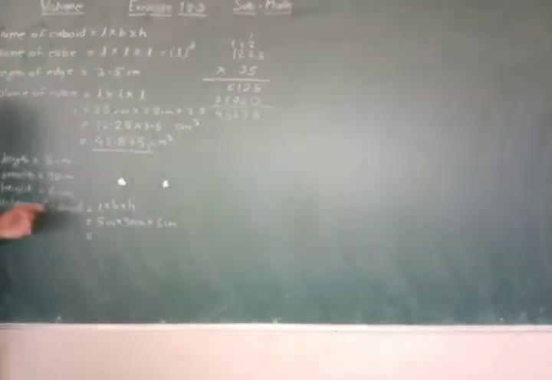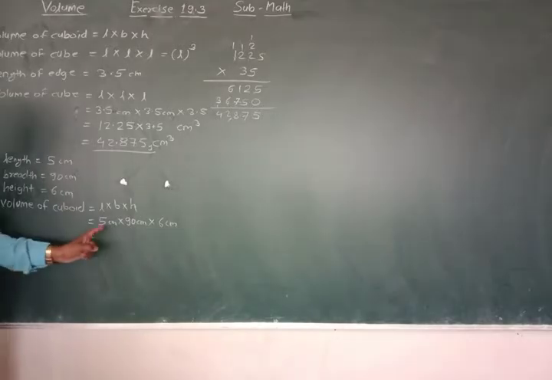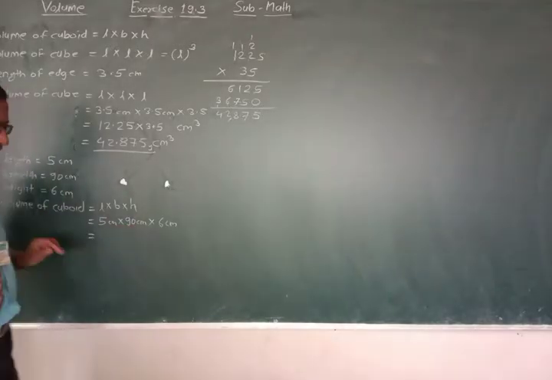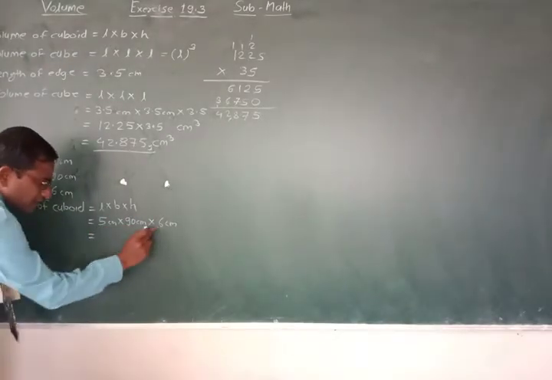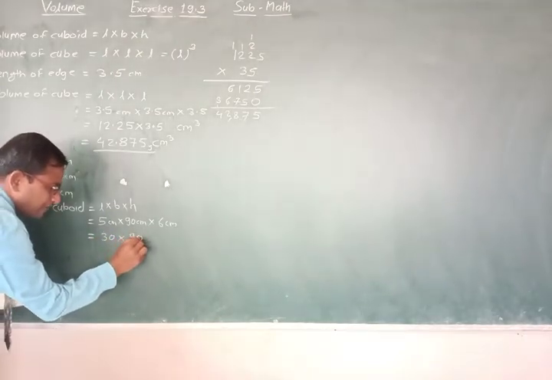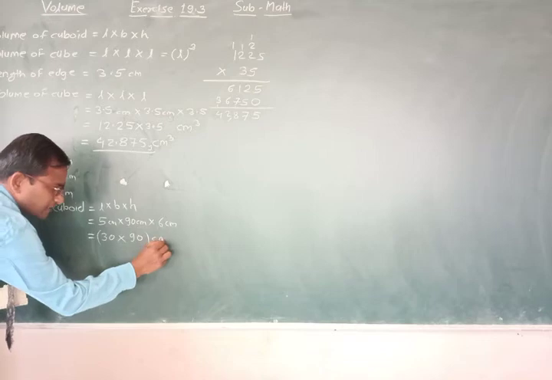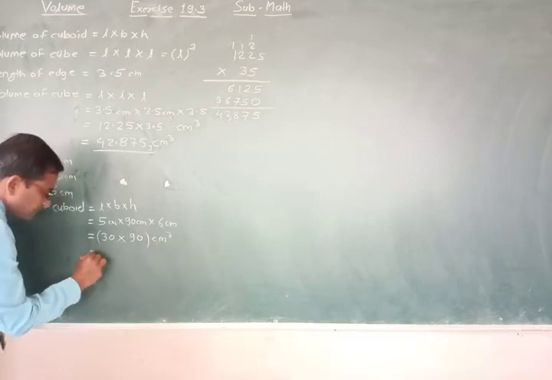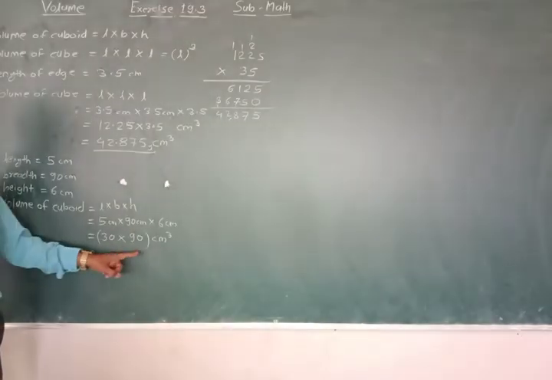Right? Then 5 6s are 30. 30 multiplied by 90 centimeter cube is equal to...